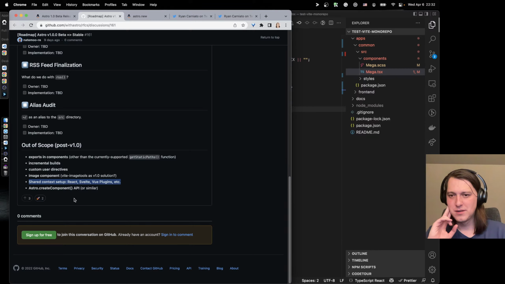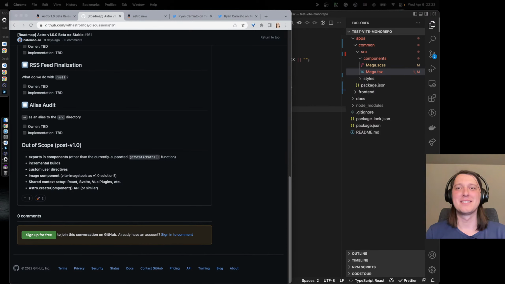Shared context setup. Right, so I've heard about it. So the idea is that you can use maybe Redux or Zustand, I think Zustand, to have a global state, and then your components, even if they're written in different frameworks, can talk with the same store, but no one kind of wants to work with